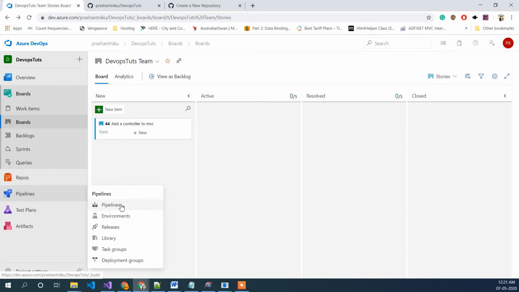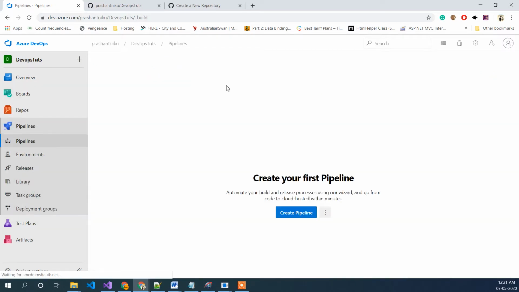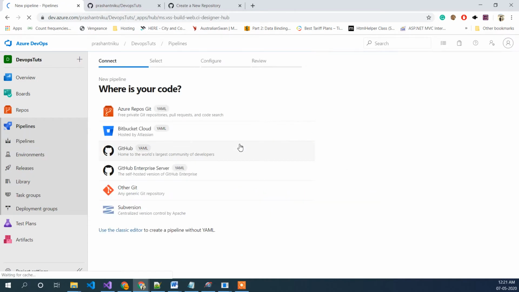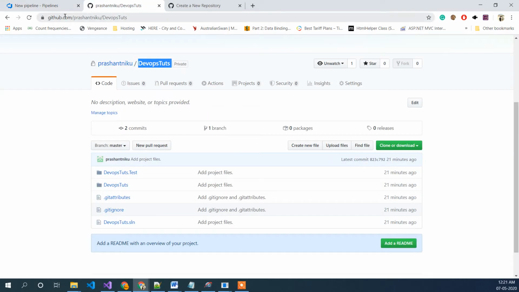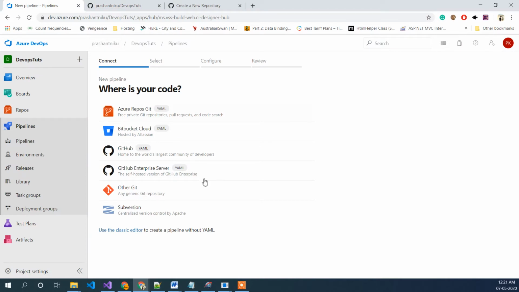So let me just click on pipelines, and it asks to create a pipeline, and when we click on it, it will ask for these kinds of things. Where is your code? As you already know, it's residing in GitHub. For mapping this pipeline, I will just use the classic editor because it's really very confusing when I start doing it.